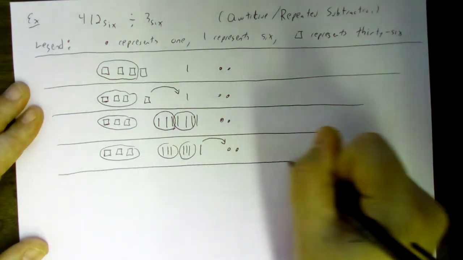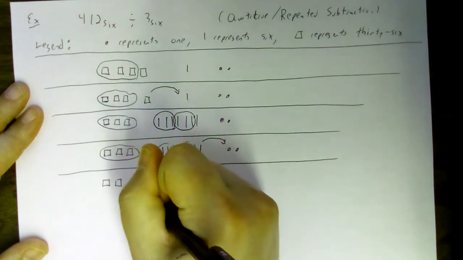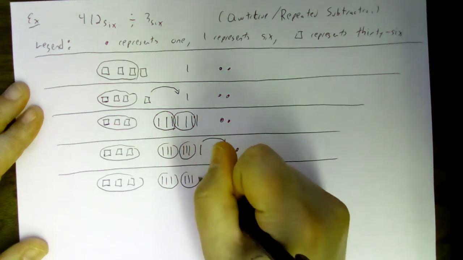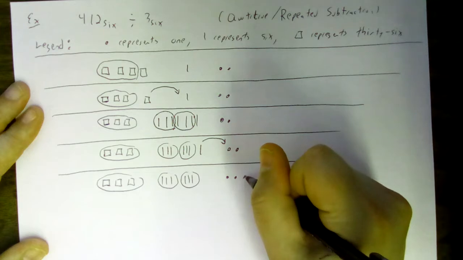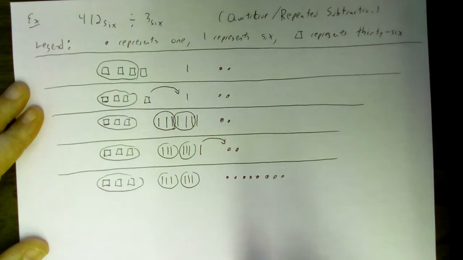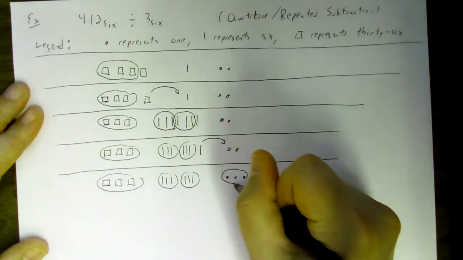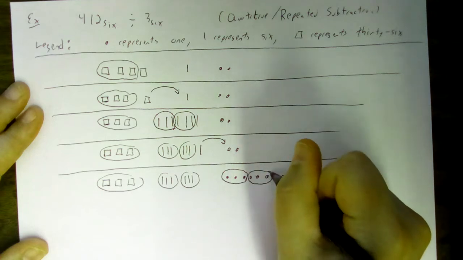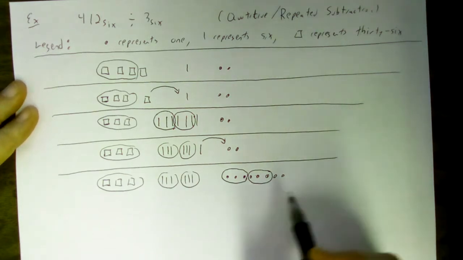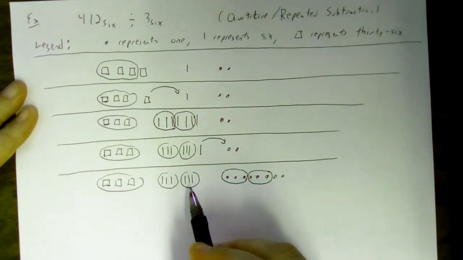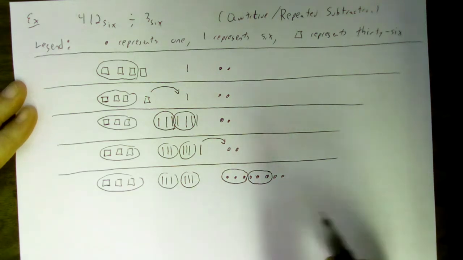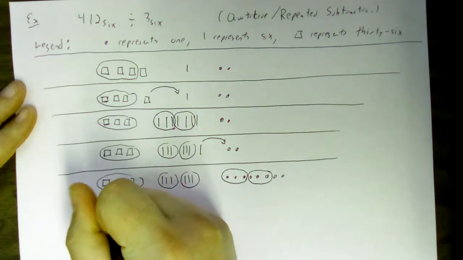That 6 that's left over could be brought to the 1's place. And so in the 1's place, instead of having just 2 1s, we'll have 6 more. We'll have the original 2 plus 6 more, 1, 2, 3, 4, 5, 6. We'll have 8 1s in total, and I'll make groups of 3 as before. And I've made as many groups as I can, which means that I have finished dividing. I have made my way from the 36's place to the 6's to the 1's place, and there are 2 1s remaining. If I'm stopping at the 1's place to give my answer as a quotient and a remainder, then